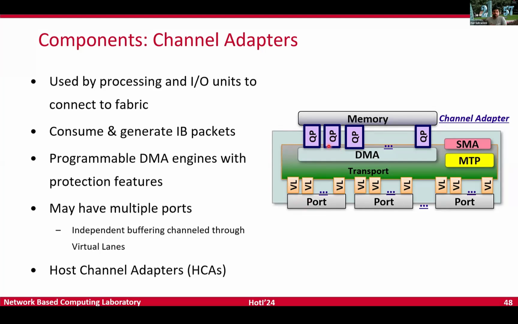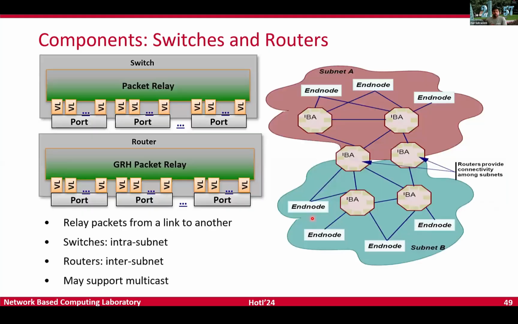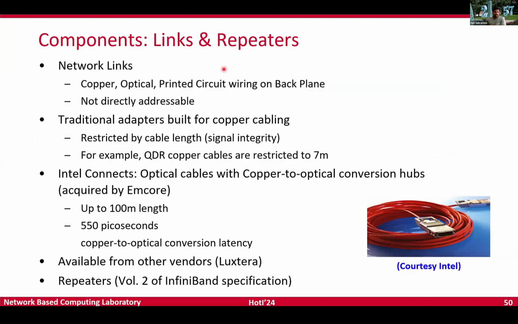The software endpoints are called Q pairs, just like you have sockets on the Ethernet side. You have Q pairs as software endpoints that allow the application to interact with the network adapter. You also have switches and routers; switches are for intra-domain, and routers are for inter-domain. You also have links and repeaters